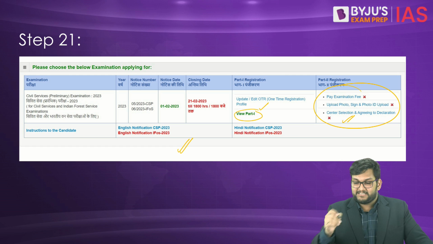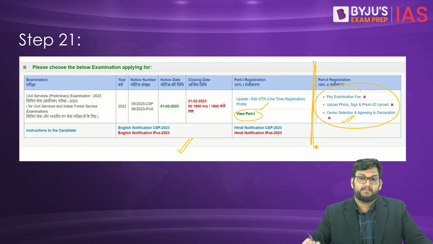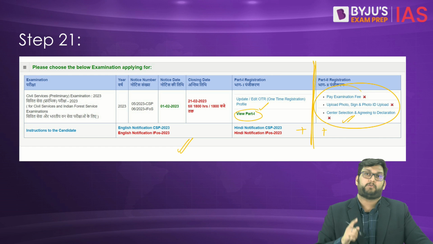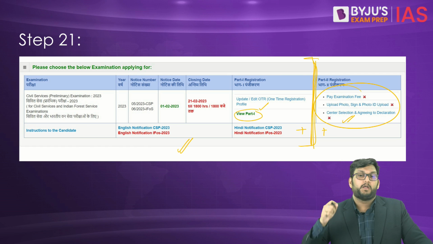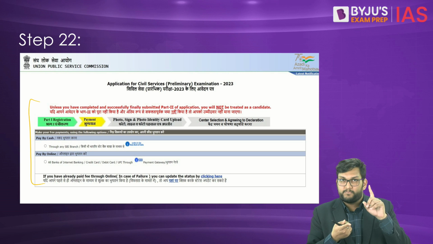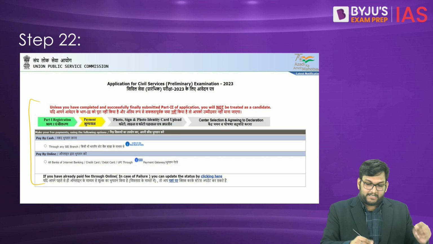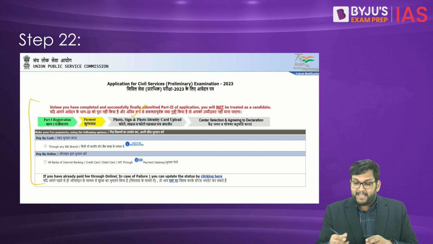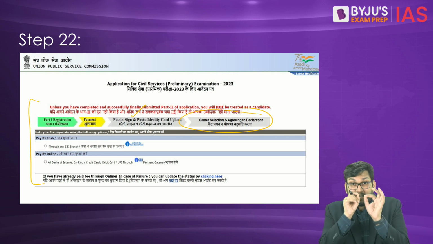Don't mess this up, this is not the form. Both parts have to be done together, then only it is considered a complete form. A lot of students stop here thinking that the form is done. No, you have to come to this screen. You would have to give the money, thereafter photo, signature, and also the prelims